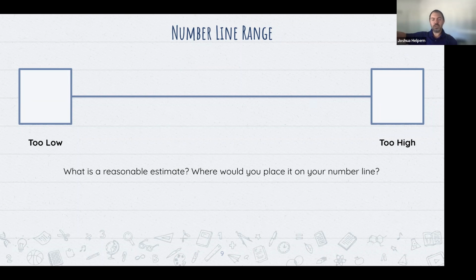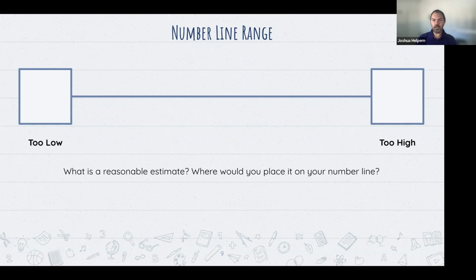On the high side, the numbers could be anything. They could start with 1,000,000's too big. They could say 1,000's too big. So the numbers could be really large there. To narrow down the range, we've got to look at, well, what are we estimating and what do we think is a good estimate that's too high, that's going to be above your estimate, but really narrows down our range and makes it, hey, my estimate's going to be easier to find if my range is smaller. So too high, too low.